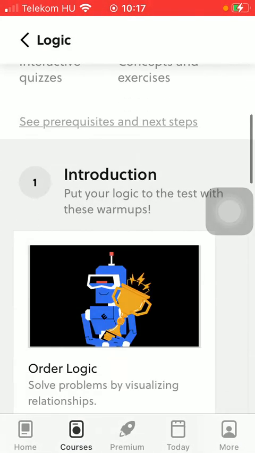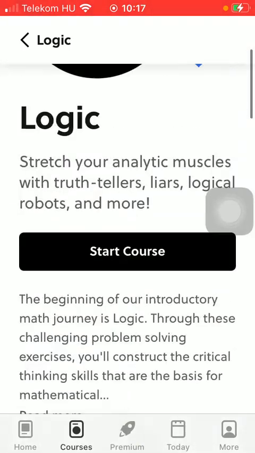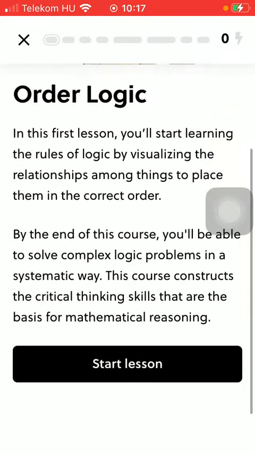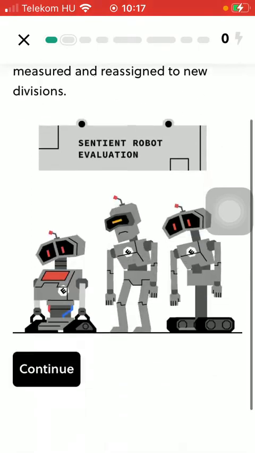Here you should get to know this course itself, read about the introductory part, and then tap on Start Course in the middle of the screen. Here you will be able to read a brief summary of the first lesson. Tap on Start Lesson, and then you will be able to